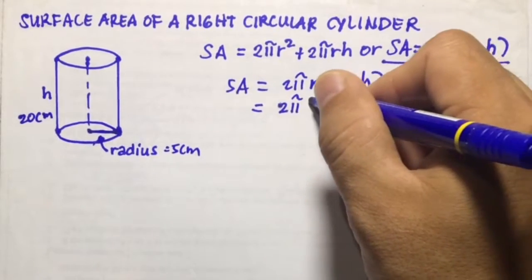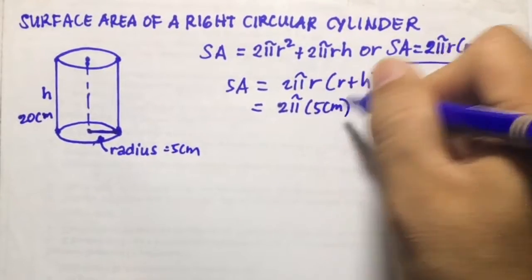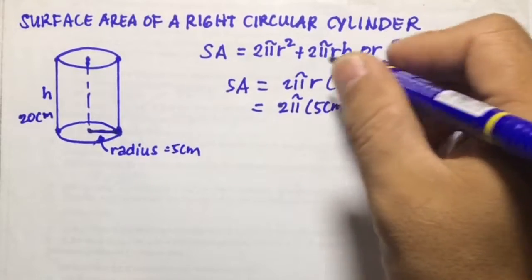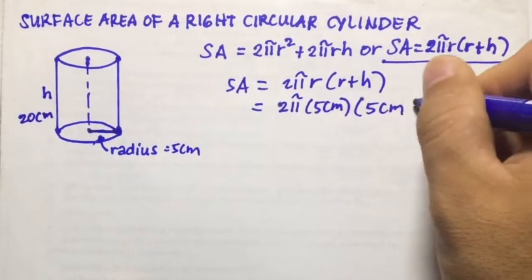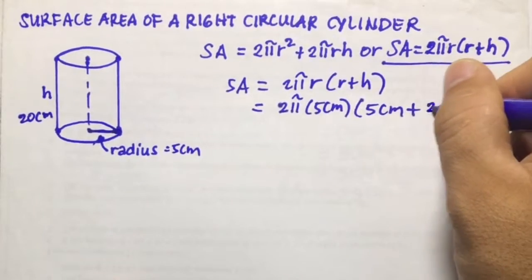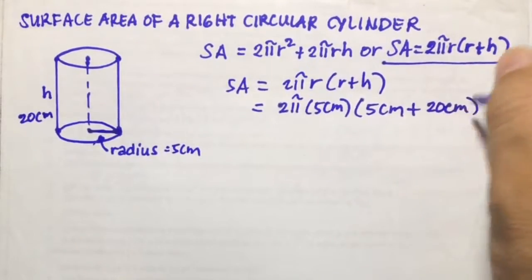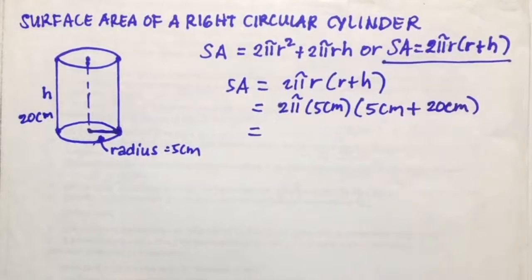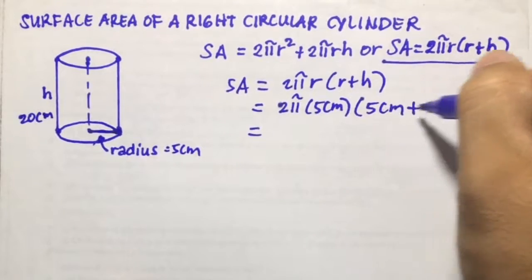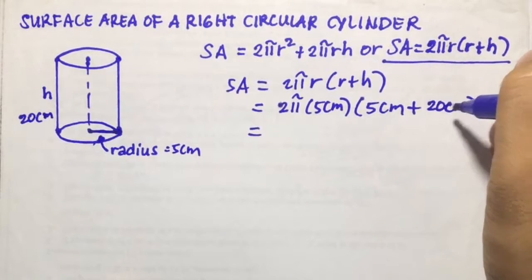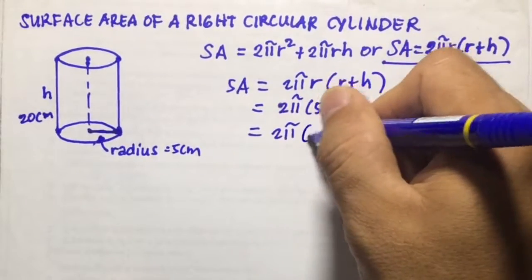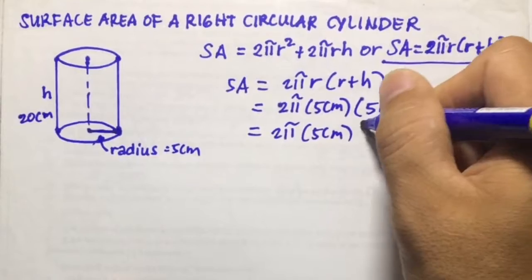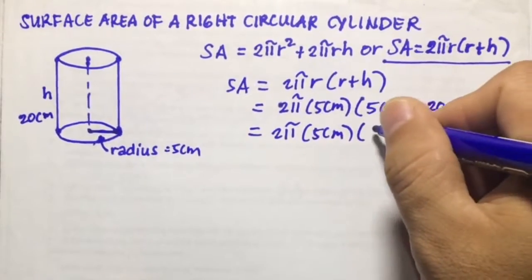So we're going to have here times 5 cm, then times the radius here is 5 cm plus the height, which is 20 cm. Then 5 cm plus 20 cm will be 25 cm. So we're going to have here 2 pi times 5 cm times 25